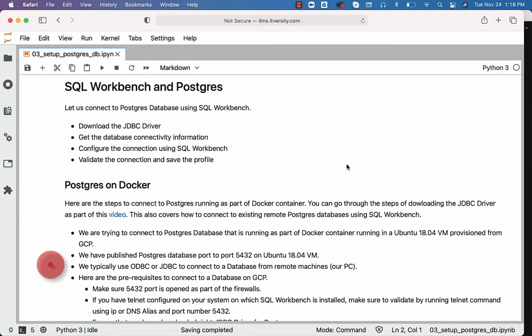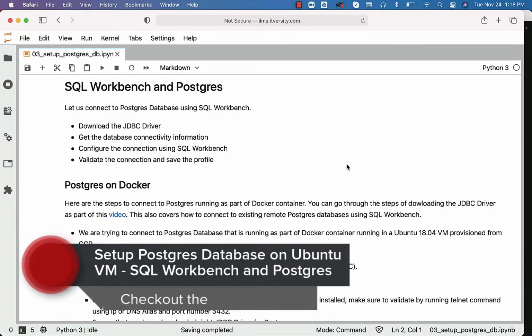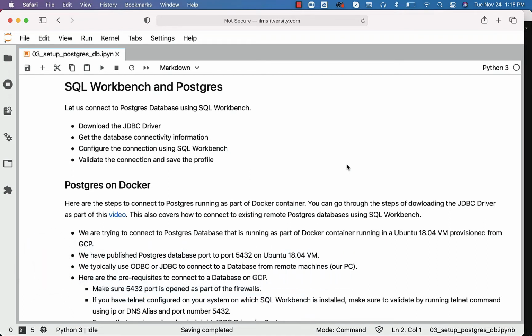Let us connect to Postgres database using SQL Workbench. In our case, Postgres is running as part of the Docker container, and the Docker container is running as part of Ubuntu VM provisioned from GCP. When it comes to this kind of setup, when we want to use SQL Workbench to connect to the database